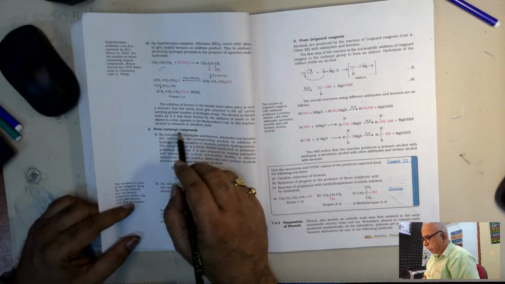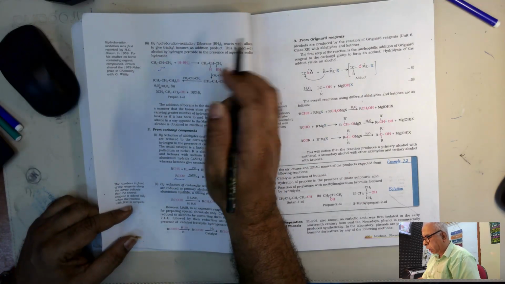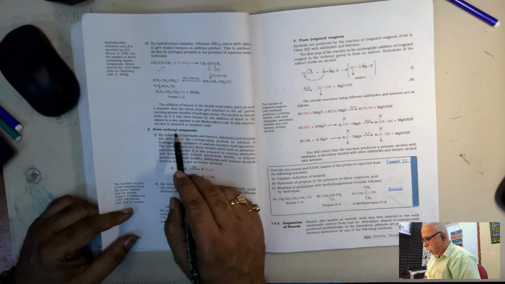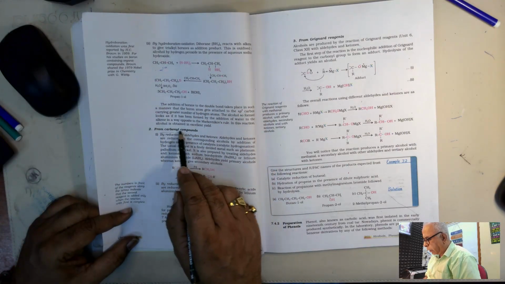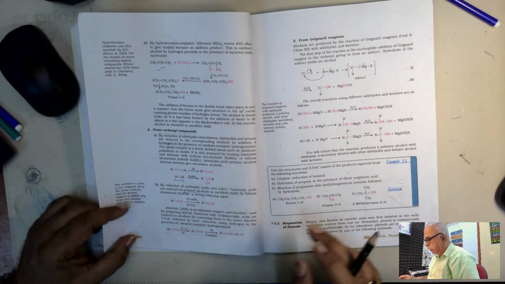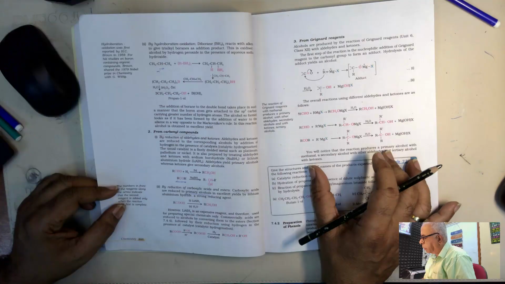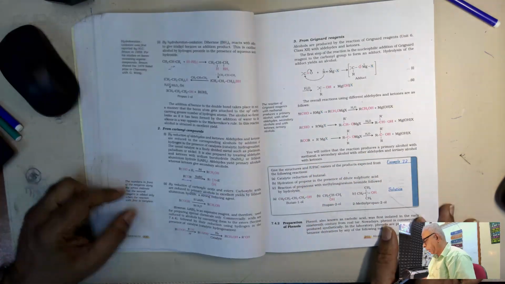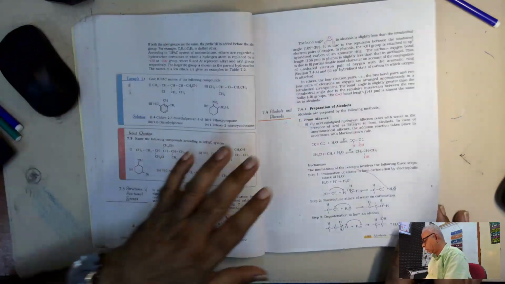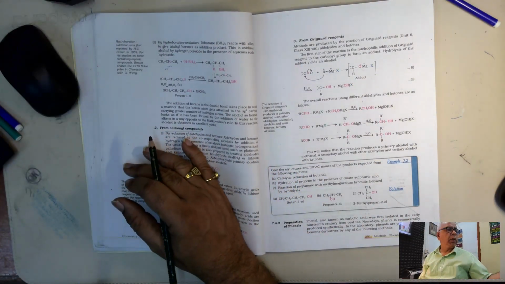Then it can be obtained from hydroboration oxidation, then mercuration demercuration, and then you have another method, that is from carbonyl compounds, and then we have the synthetic preparation from Grignard reagent. So these three methods are applicable here for the preparation of alcohols, and I have made this as a sketch